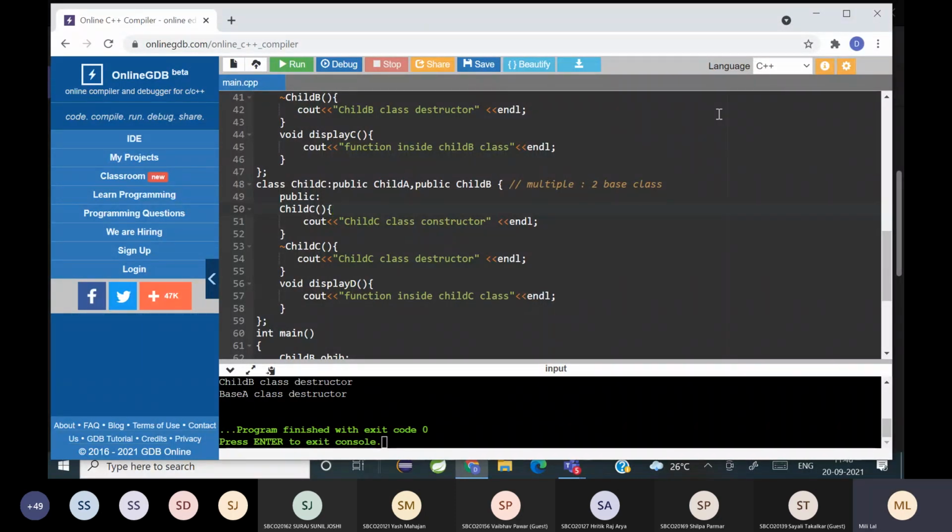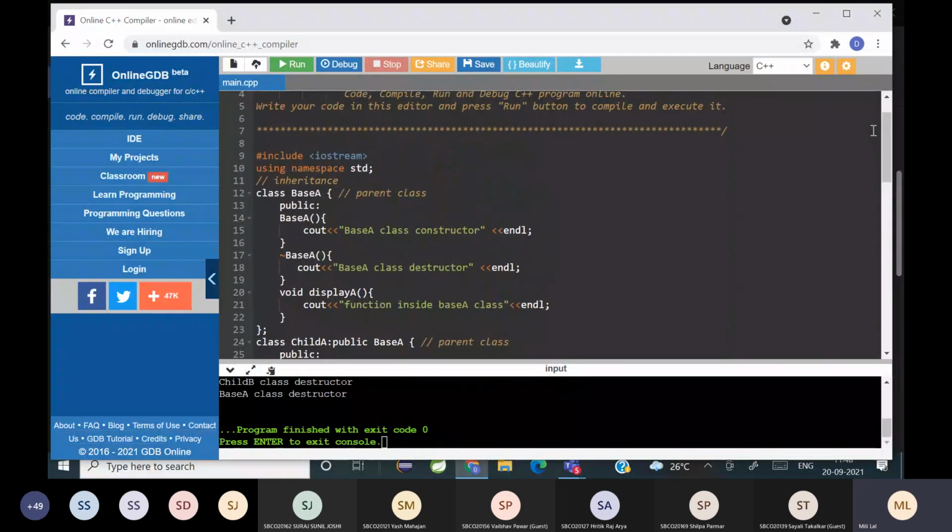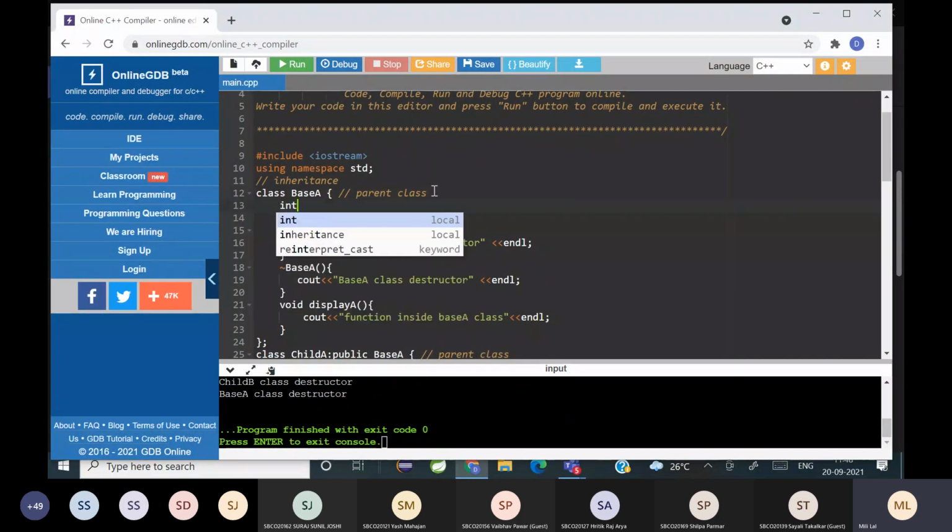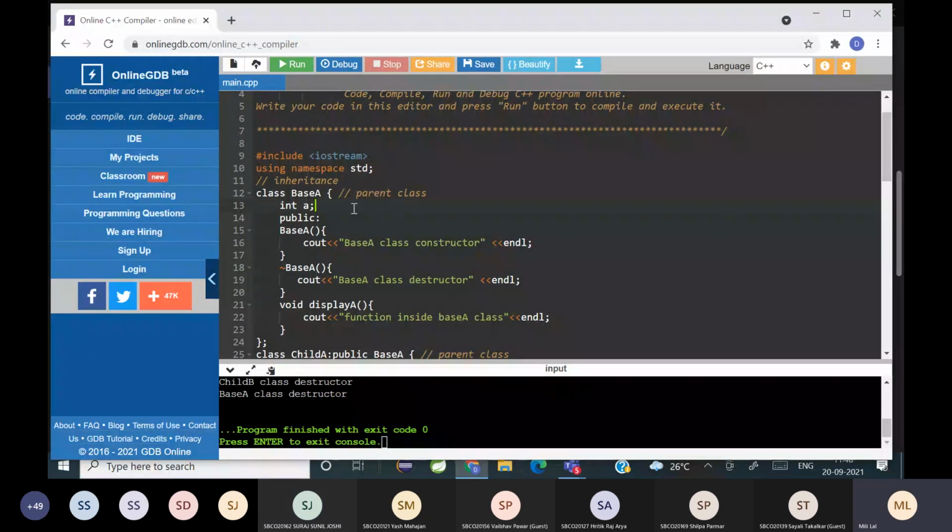And I hope you can understand the syntax of the child class. Is it clear? So the syntax is child class followed by a colon and the access specifier, and you have the base class listed out according to the inheritance used. Now something else I want to say is, suppose I have a variable here like this, int a. So what is the access specifier of a? Private. It's private, right?